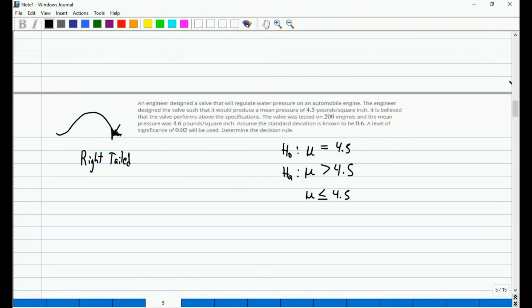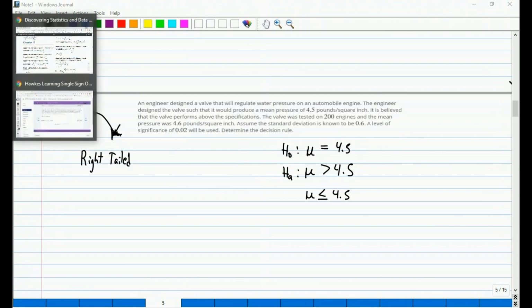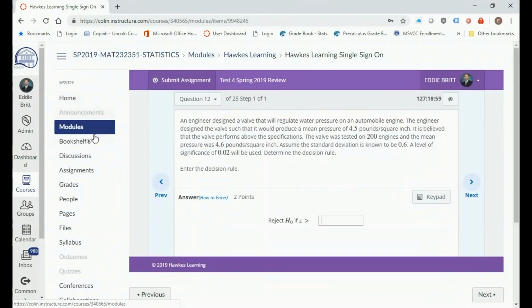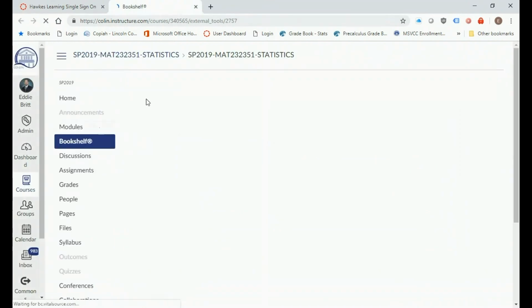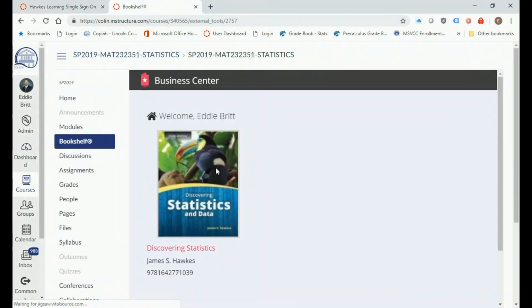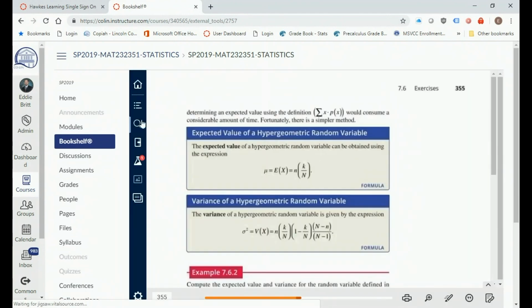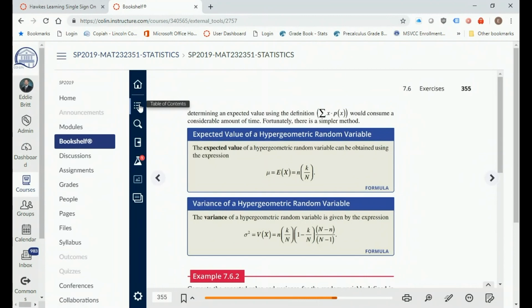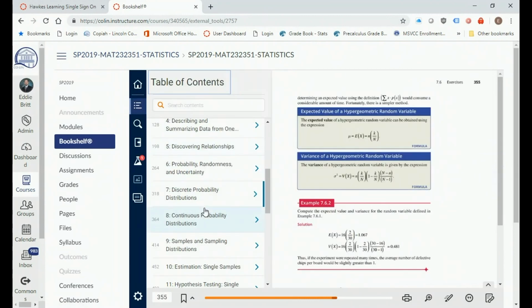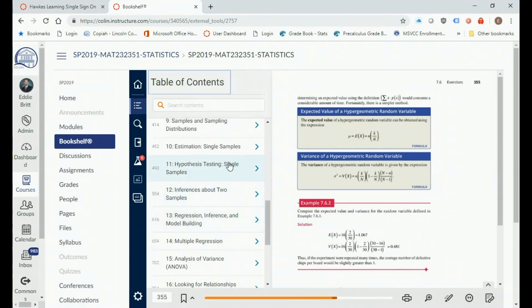If it's right-tailed or left-tailed, it says the significance of 0.02 is used. If I pull up your book, I might mess something up, but let's see if I can pull up your book real quick, and then I can show you those tables. A lot of you may have printed out something, or maybe I handed something out or emailed you something, but I